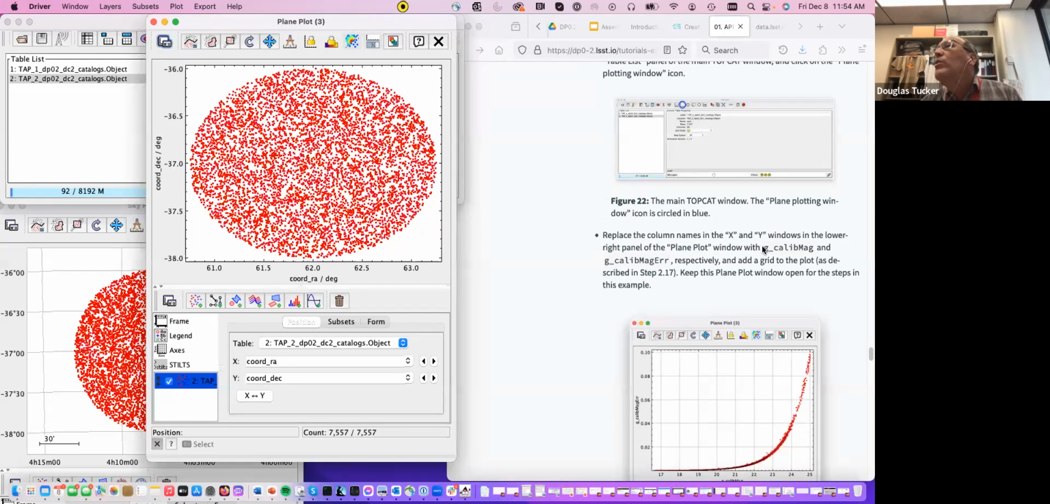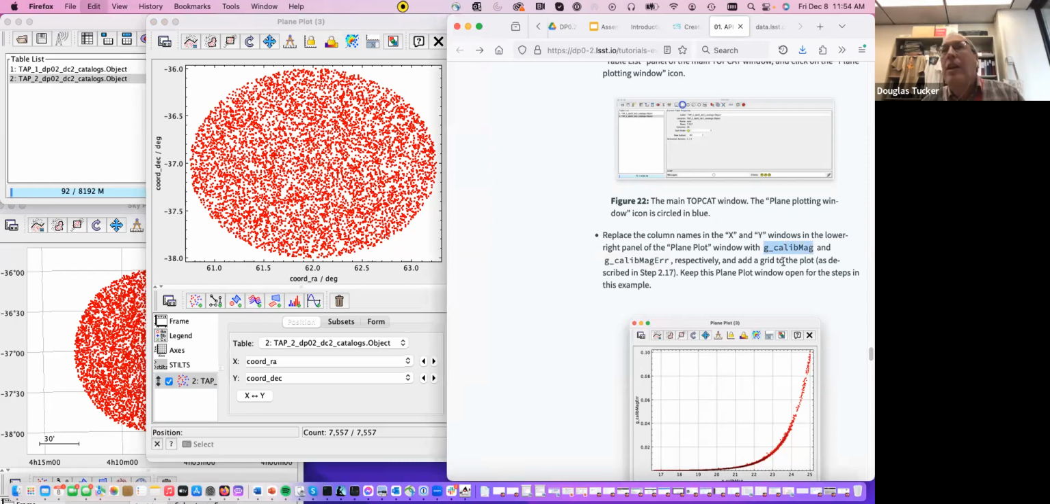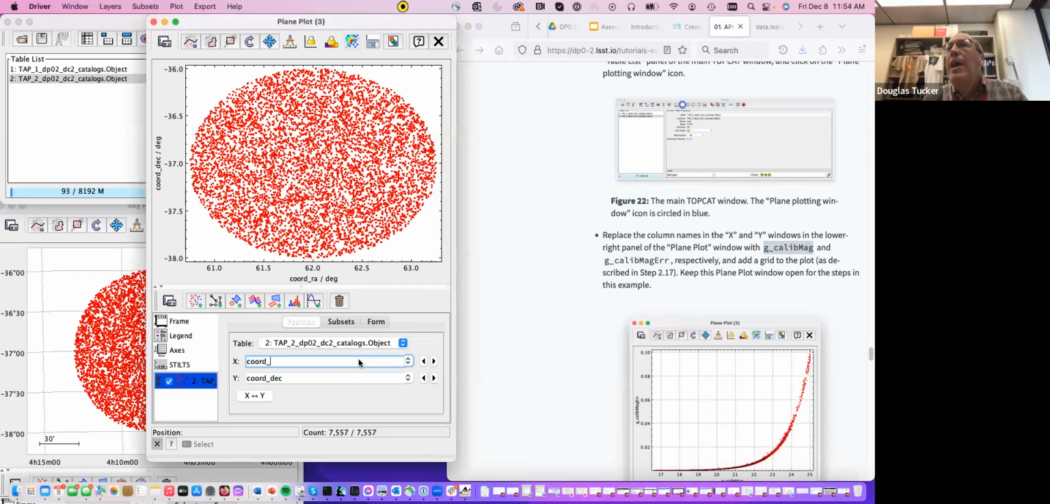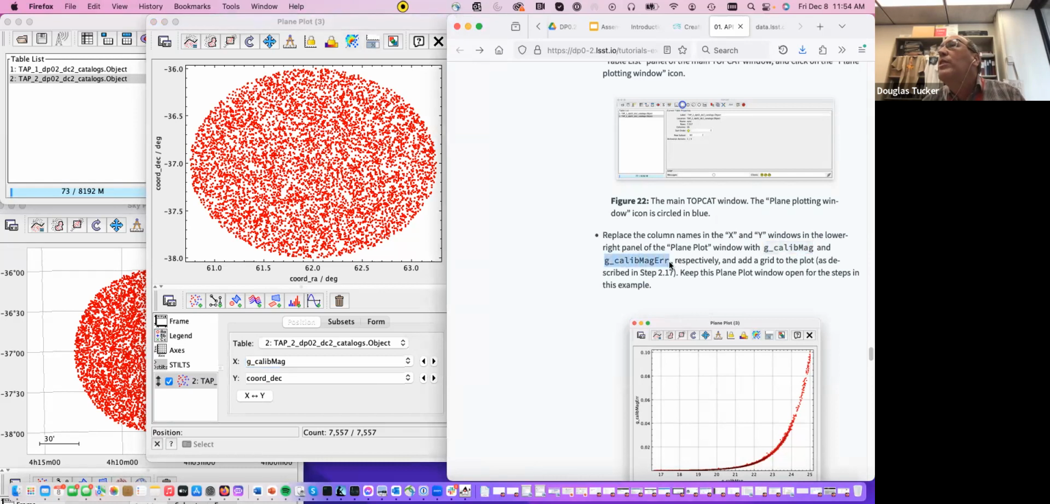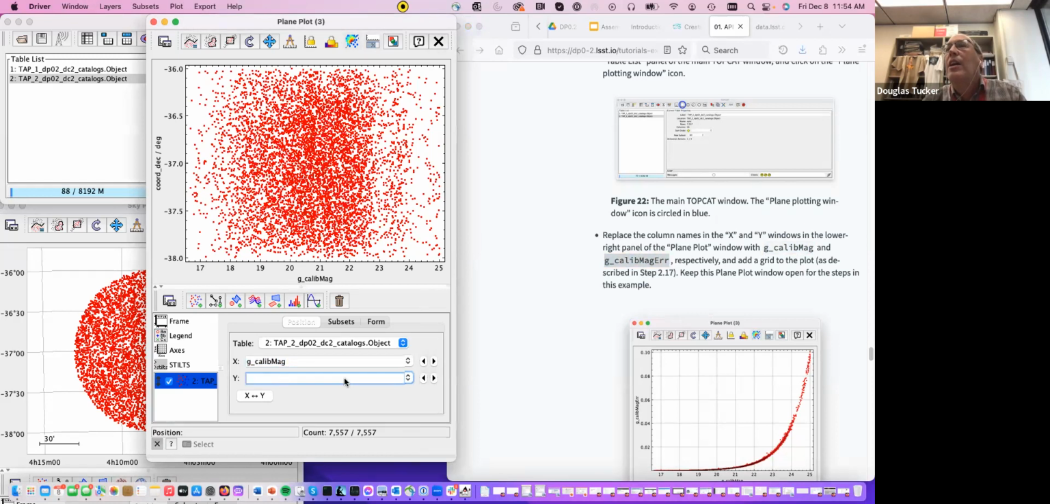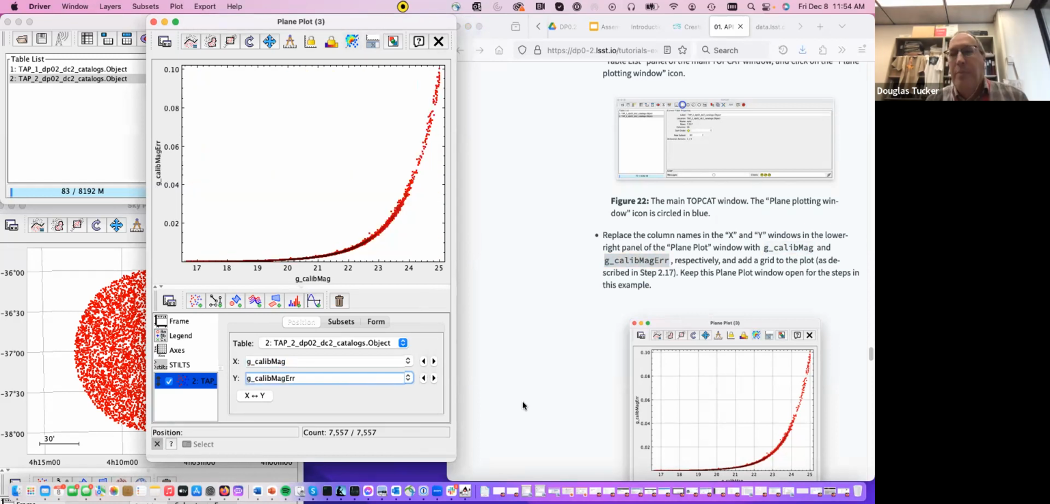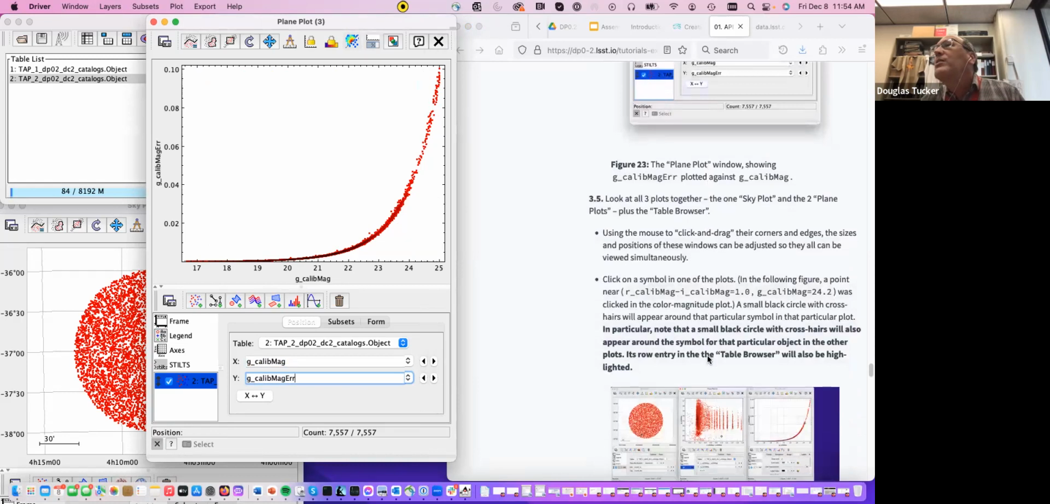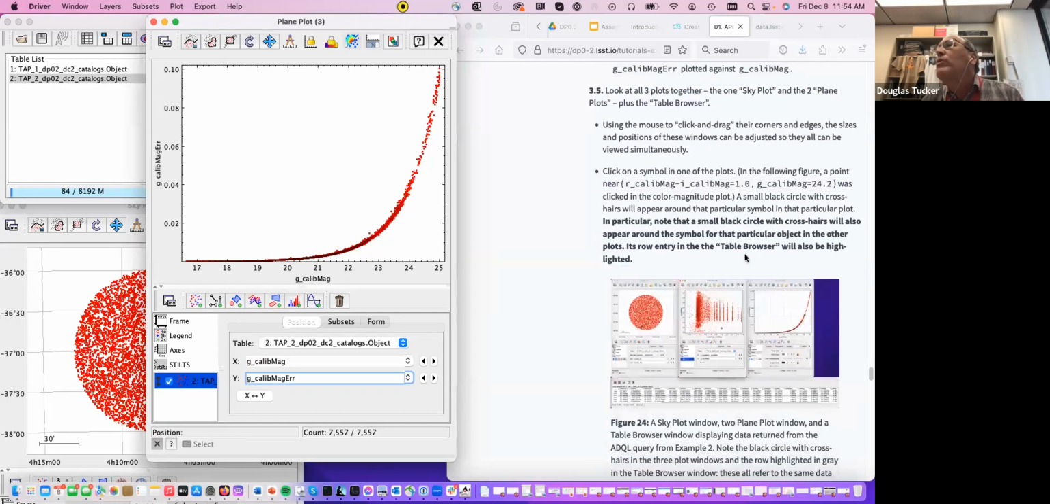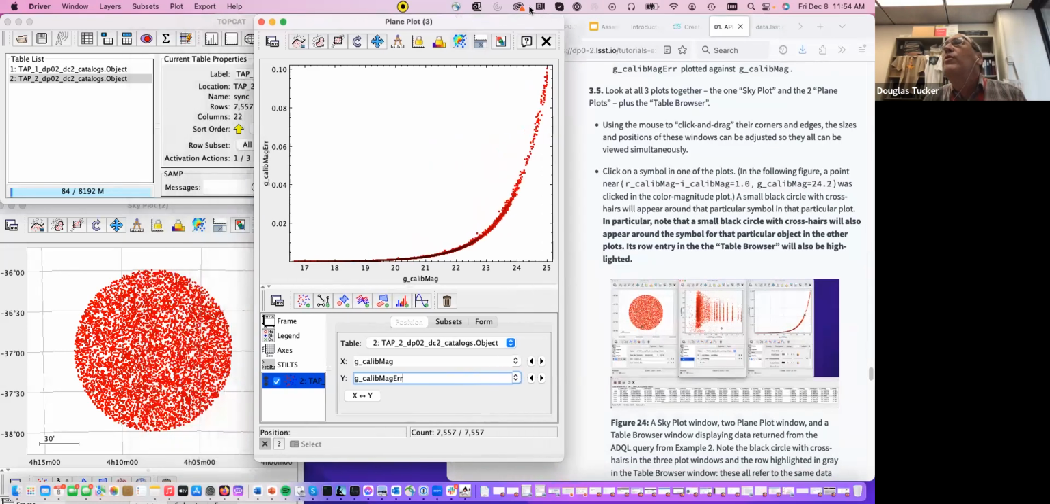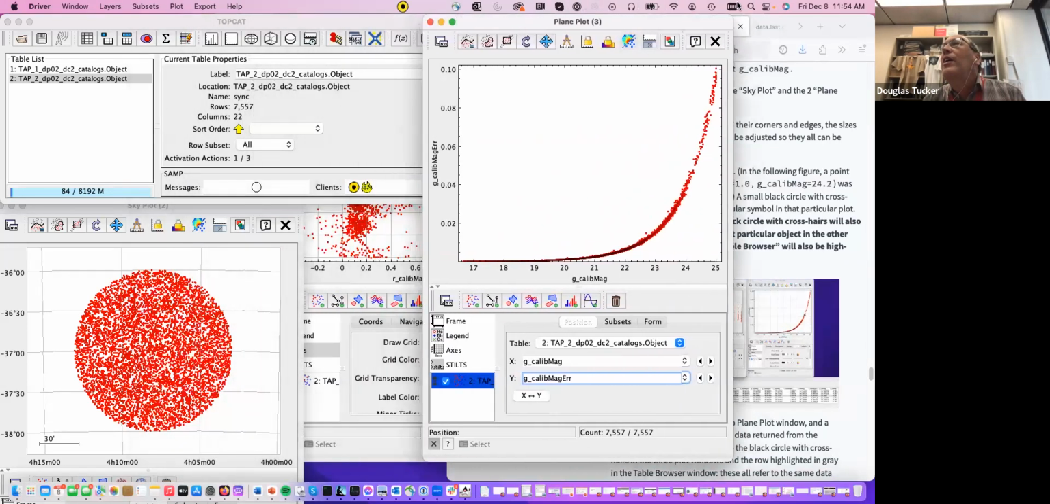We'll replace the X with the G band calibrated magnitude, and we'll change the Y with the G calib mag error. All right, and in step 3.5, we'll just maneuver things around so you can see all these windows